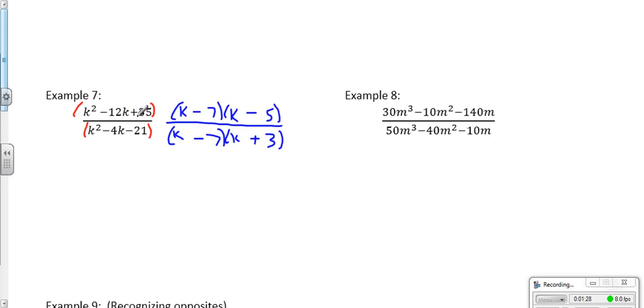Now that we have created this multiplication of two binomials, we can cancel. So k minus 7, k minus 7. So your answer will be k minus 5